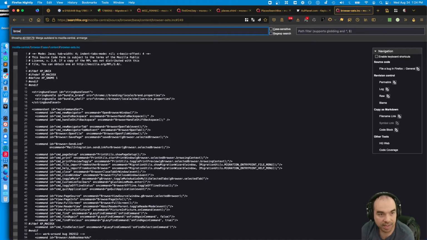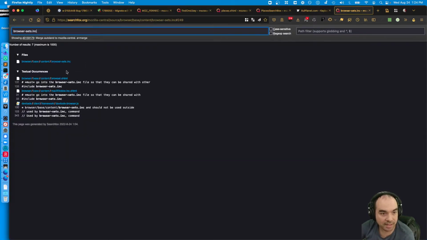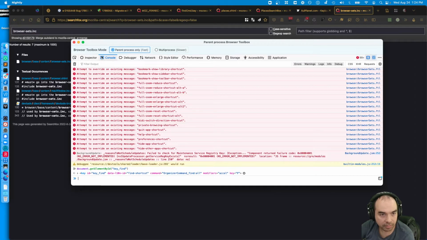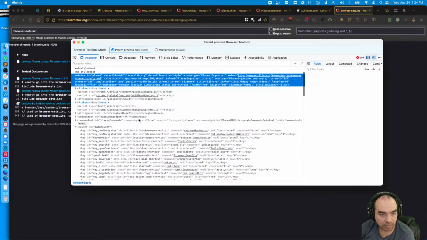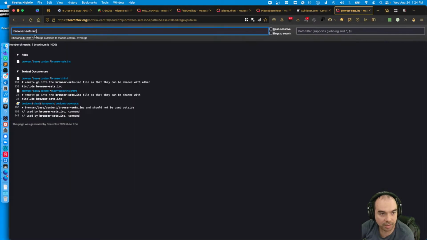And is browser sets being used by Places? What main key set, Places commands, places.js.